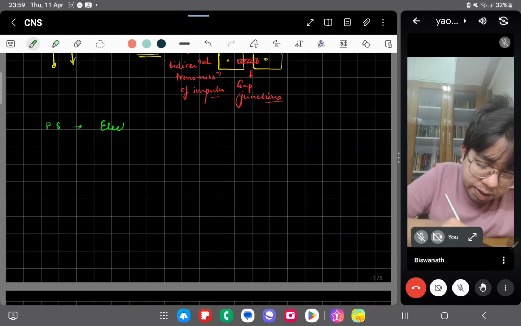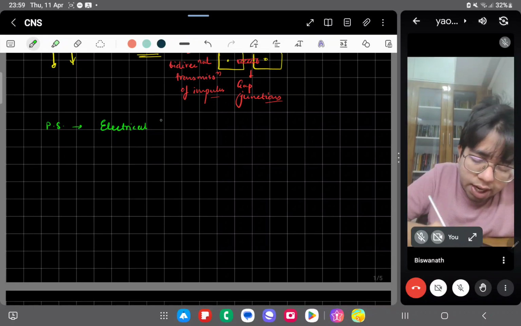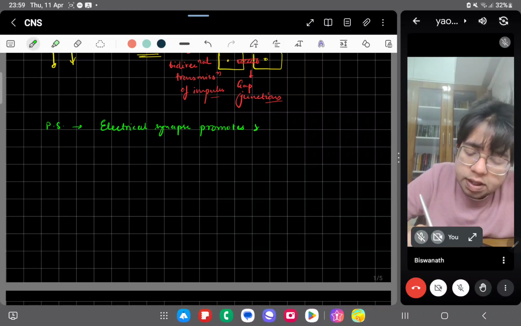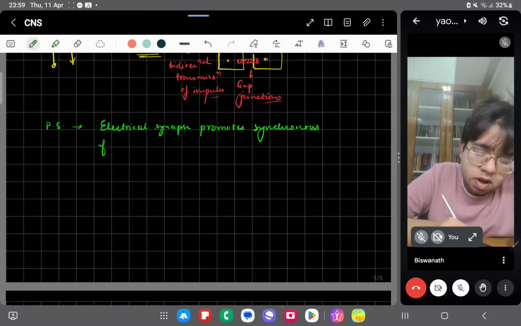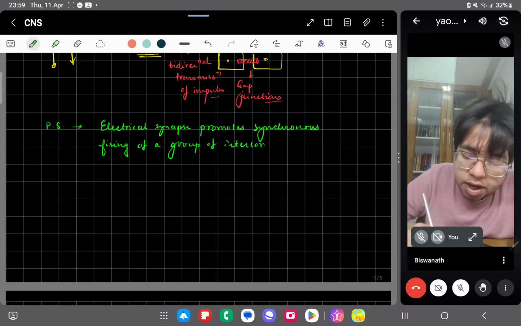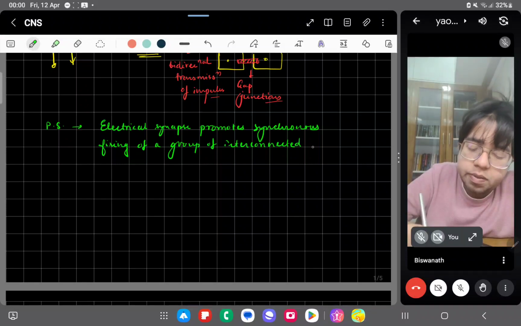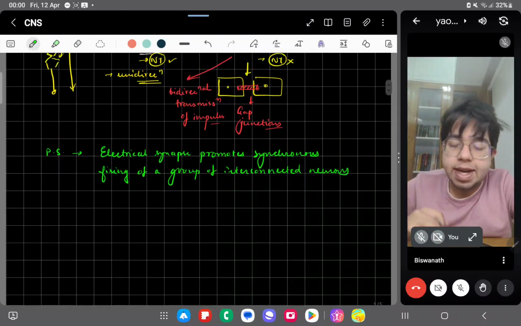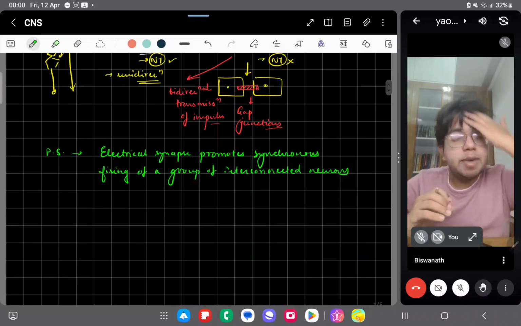Electrical synapse. Just note down the line. I'm explaining: electrical synapse promotes synchronous firing of a group of interconnected neurons, right? So basically, what it's trying to say is that when I have a group of neurons, basically in memory functions, then